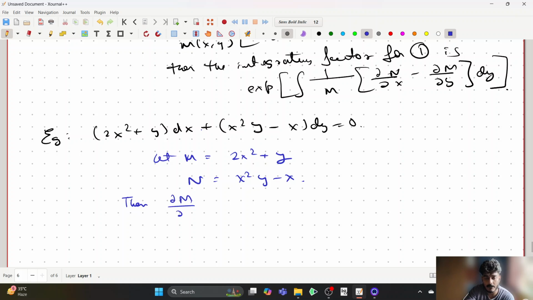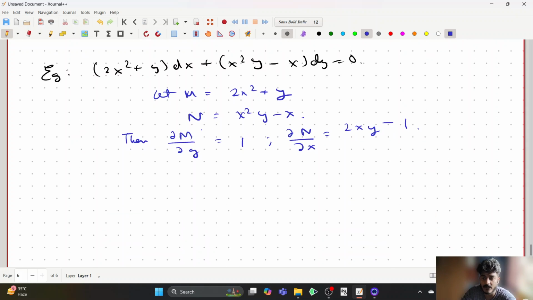Then what is ∂M/∂y? So it's 1. What is ∂N/∂x? So it's 2xy − 1. Right? Then observe that, therefore,